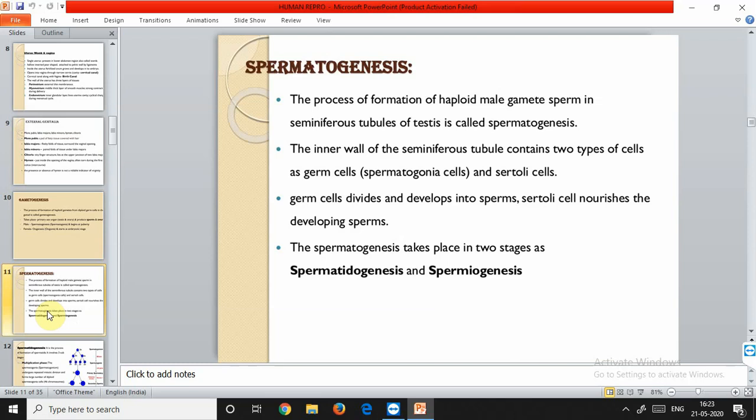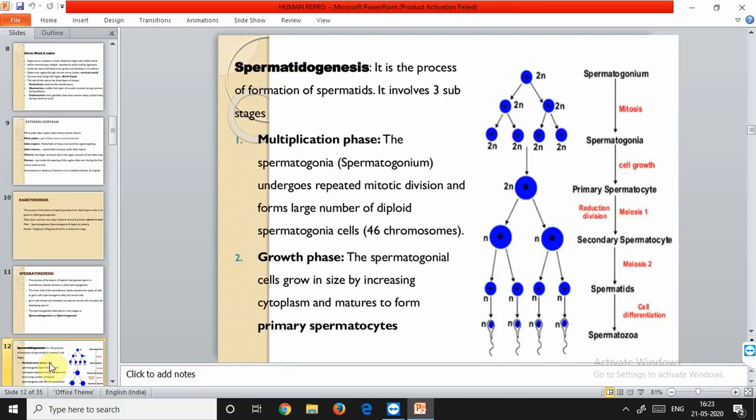So the primordial germ cells, or the primary germ cells, give rise to spermatids through several steps. The first is the multiplication phase. In this, the primary germ cells multiply by repeated mitotic division. So what does multiplication mean? Multiplication means increasing to a much higher extent, and this is mainly accomplished by repeated mitosis cycles. There are two kinds of division, mitosis and meiosis. Meiosis is the reduction division, and mitosis is the division that helps in increasing the number of cells.